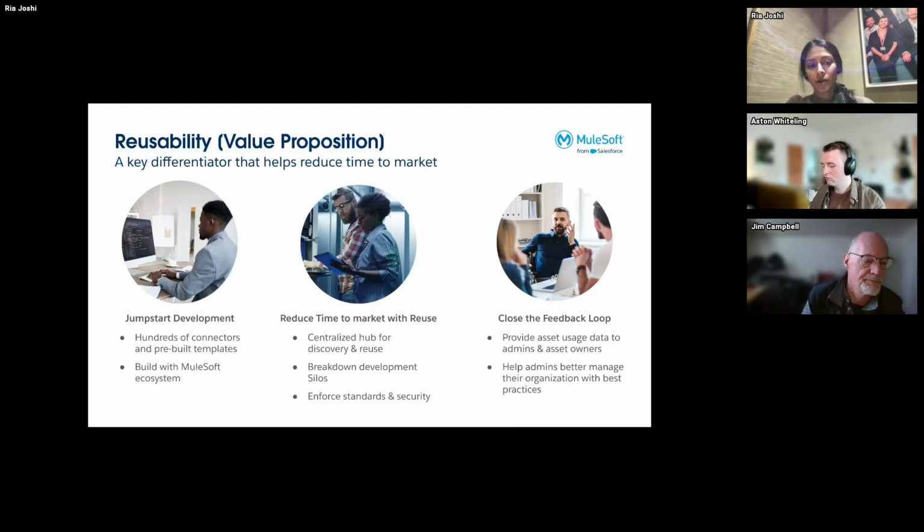A key component of Exchange's core proposition is actually driving efficiency through reuse. So reusable pre-built assets really help jumpstart that integration journey for developers. And this is a core differentiating factor of the platform. Exchange promotes reuse by providing hundreds of out-of-the-box assets that are provided by MuleSoft itself, and additionally provides collaboration capabilities